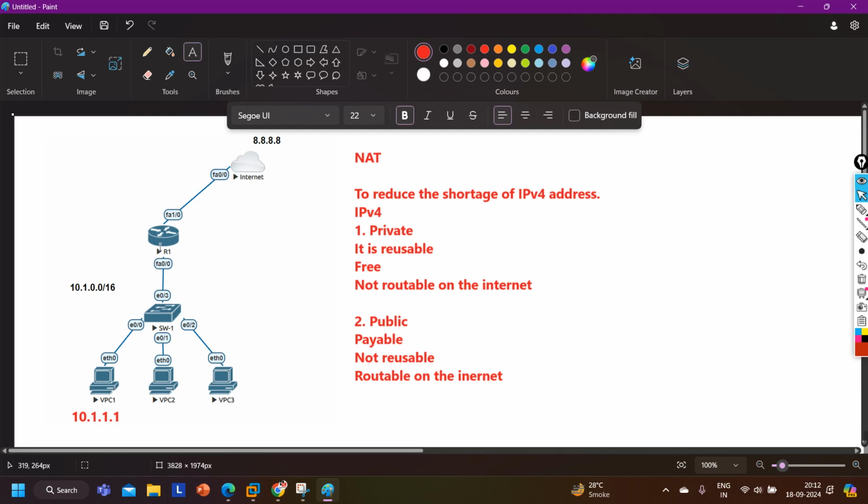It will compare the destination IP address with the routing table. If the destination IP address is the router itself, then it checks upper layer information, right? If the destination IP address is that of other devices, then it compares the destination IP address with its routing table, finds the next hop IP address or the exit interface, and forwards the traffic. But this time, as router 1 is an edge router,